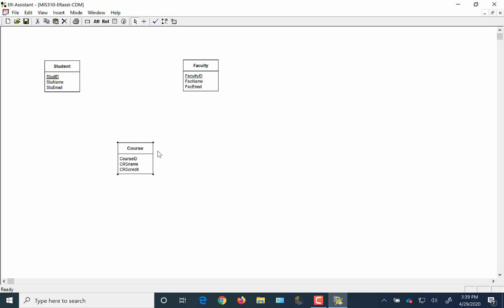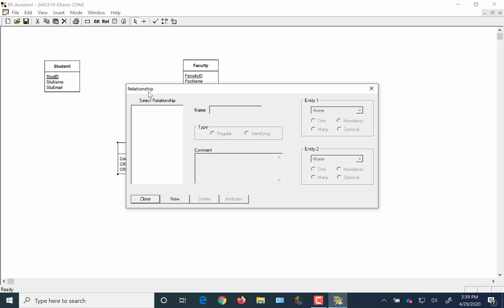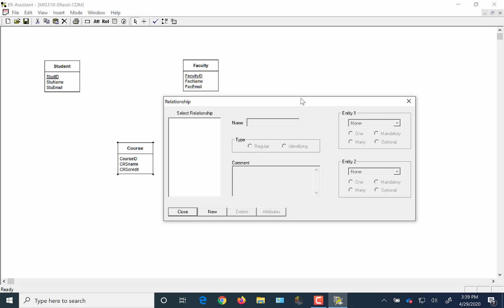Okay, so I pick up relationship, I click on relationship, and again this dialog box opens up, and it forces you to give a name to every relationship. That's one thing I like about this very simple tool. So my first relationship will be the many-to-many relationship between student and faculty. So I click new. I'm about to create a new relationship. We have to give it a name. So let's say